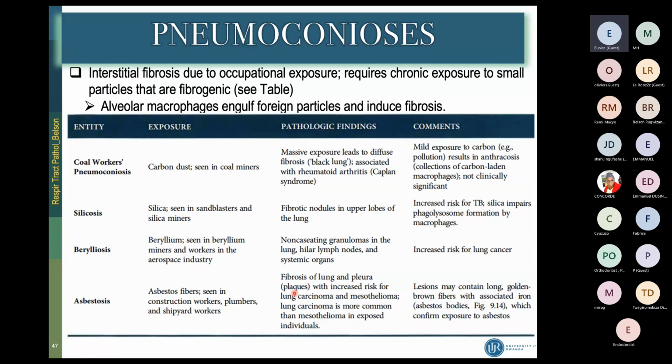So another disease is the pneumoconiosis. This also, it is interstitial fibrosis due to occupational exposure. So biterwa n'ibintu byinshi, hari abakora mu nganda zirimo za carbon cyane, carbon dust nyinshi, abantu bakora muri sima cyangwa hari dust zirimo carbon nyinshi, gukora ibintu by'amakara cyane and so on. Silicosis because of silica, berylliosis, those working in industries with beryllium, and asbestosis, so it doesn't cause only cancers, it also induces diseases such